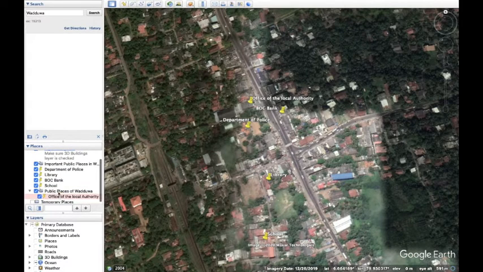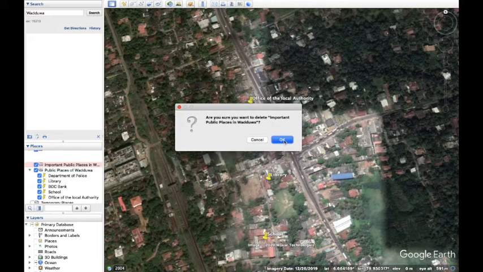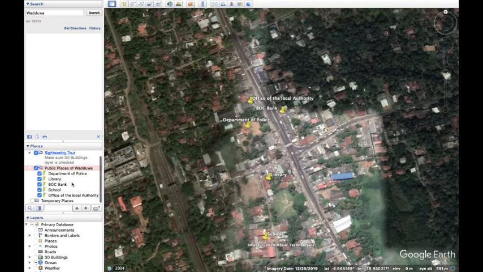We drag and take them into the folder. Then you can see all these GPS location layers are under this folder.